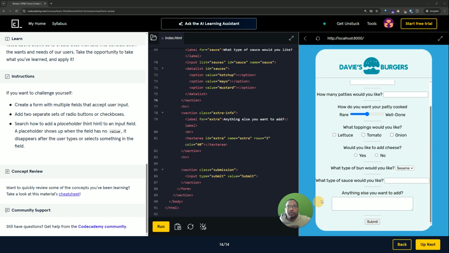Let me move myself. And lastly, this has section class submission, input type submit, value submit, and you're ending the section, ending the form, section, body, HTML, encapsulating all the code here together. Right, this ends the HTML document, this ends the body, this ends the section for this one right here. Right, and these two right here end the whole code